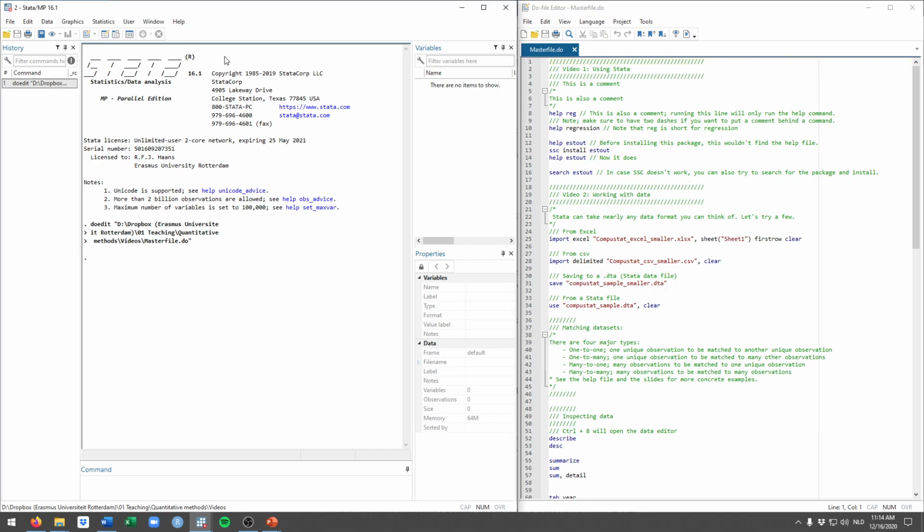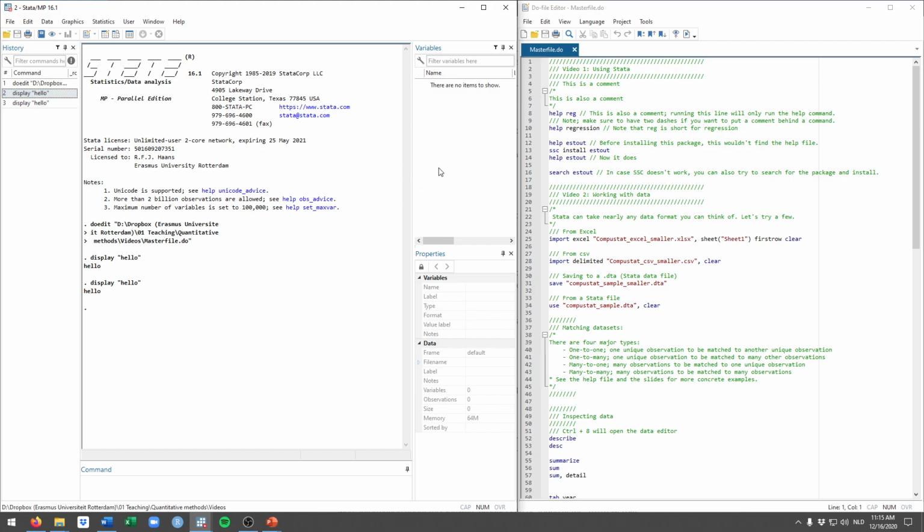In the middle here you see all the outputs that are going to come up as we continue with these tutorials. So this is really the core area that you would be looking at. In the bottom here you have the command window. This is where you can type commands if you want to run specific things. So for example, if I type display hello and I press enter, you see here in the middle part the command that I just ran and hello. And on the left hand side here you see that I also ran this command display. So if I double click this now here in the history window, I again run the same command.